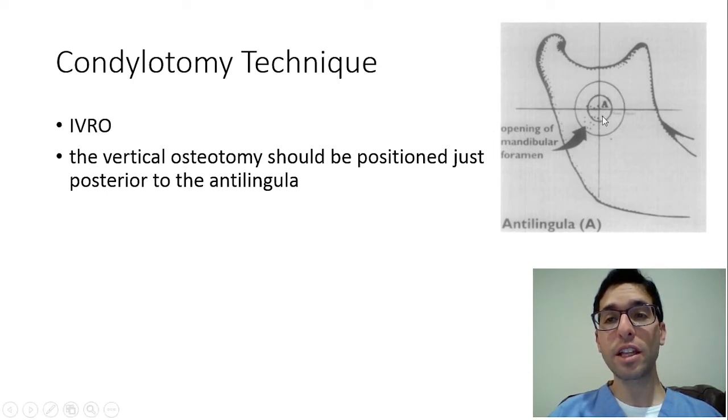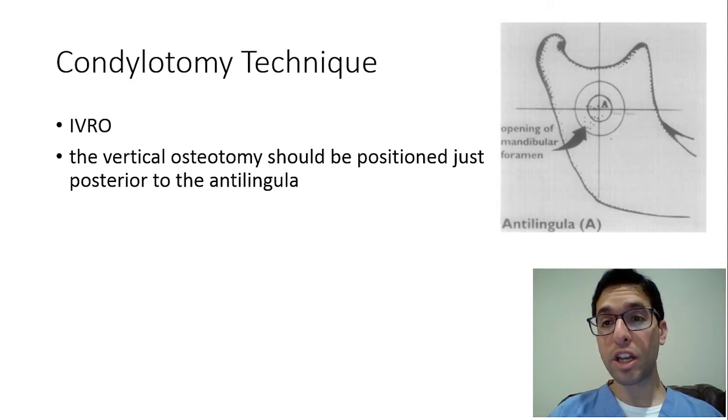So the antilingula is a bony prominence on the lateral aspect of the mandible. Now, it's not a great landmark, but they may ask you about it anyway. So clinically, I don't love it because it's not very easy to find, and not every patient even has a very clear bony prominence. But it has been shown, Aziz and Zakari did a study that showed it does correlate. So the thought is the antilingula on the lateral aspect of the mandible does roughly correlate with the lingula on the medial aspect,